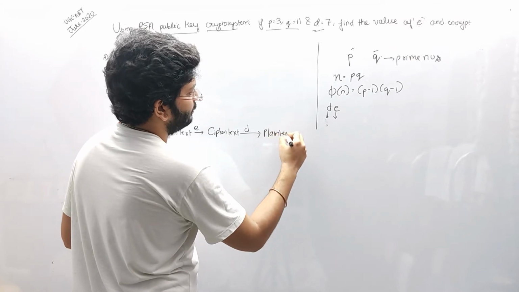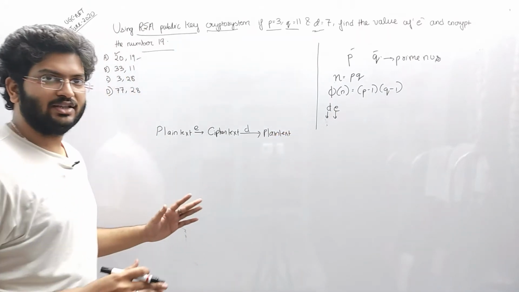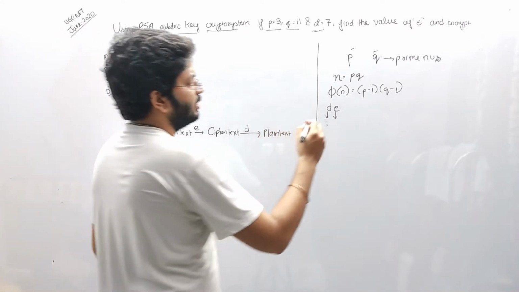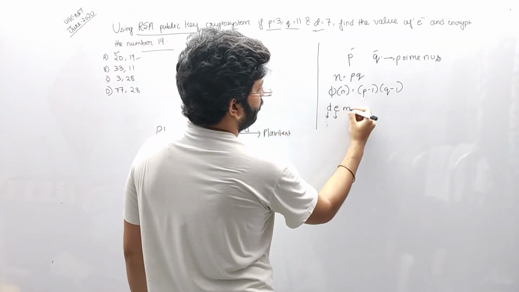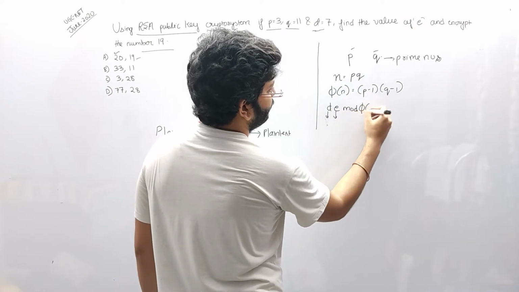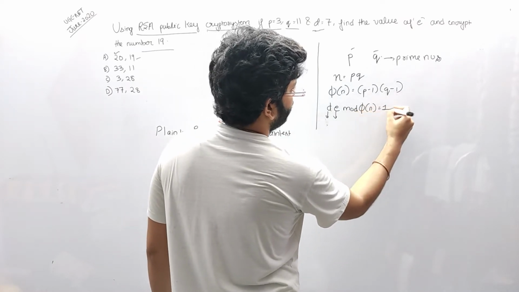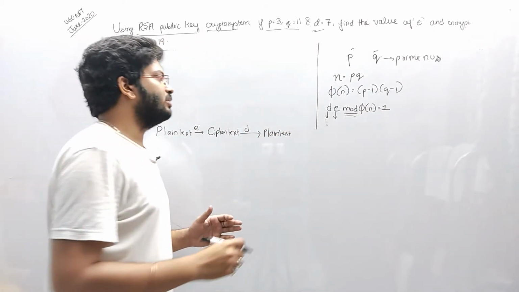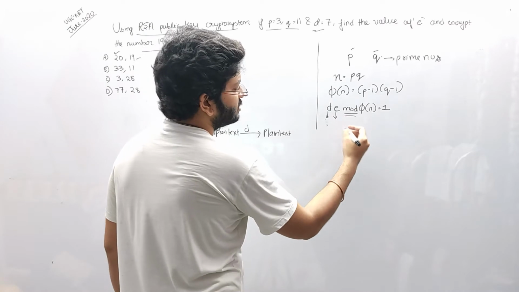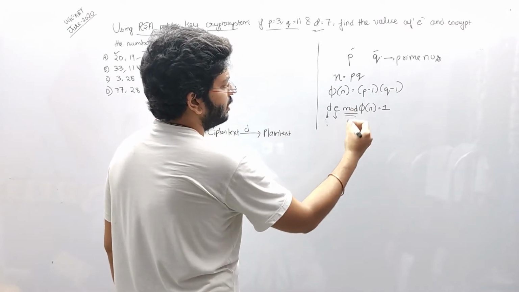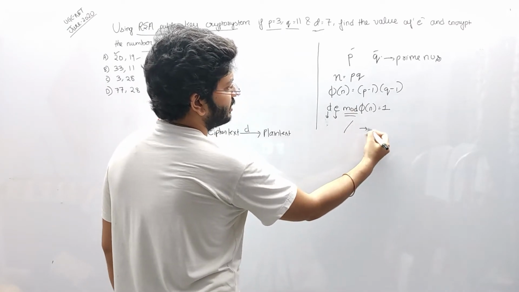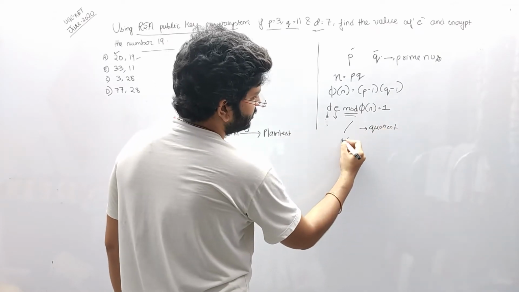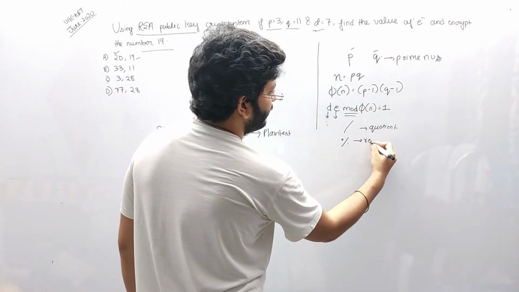So what is the plain text? The plain text is the original message which we want to send from the sender side to the destination side. So the formula is D into E mod phi of n is equal to 1. You must be knowing the mod operator. Modulus is remainder. In normal division we write the quotient as the answer, and in modular division we write the remainder as the answer.